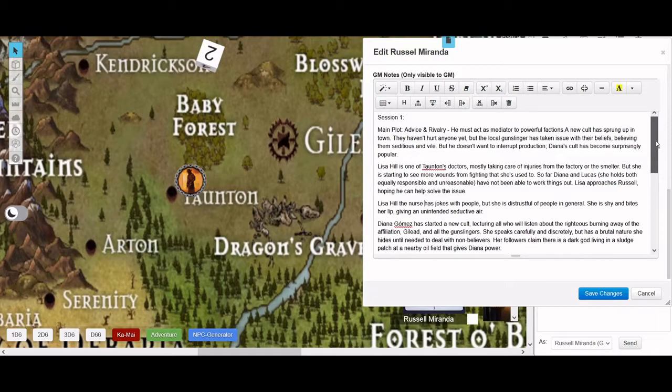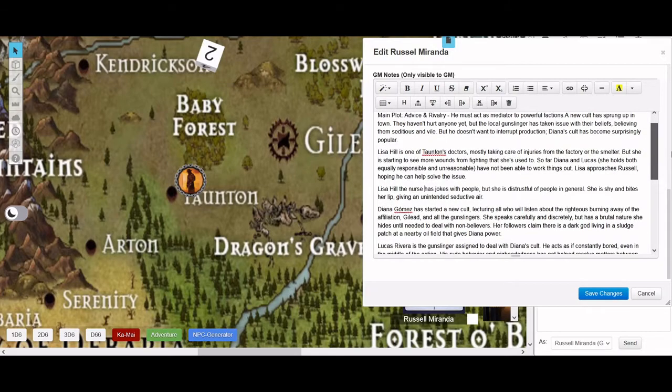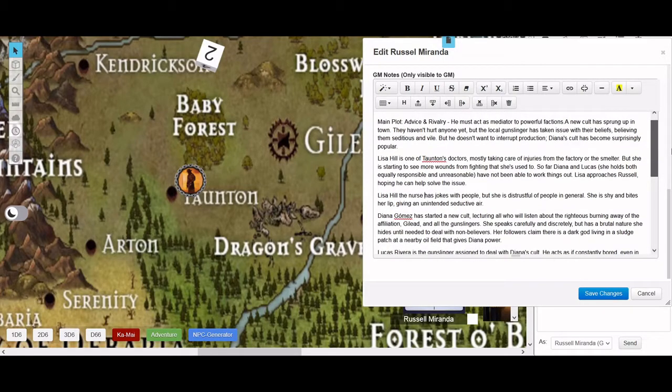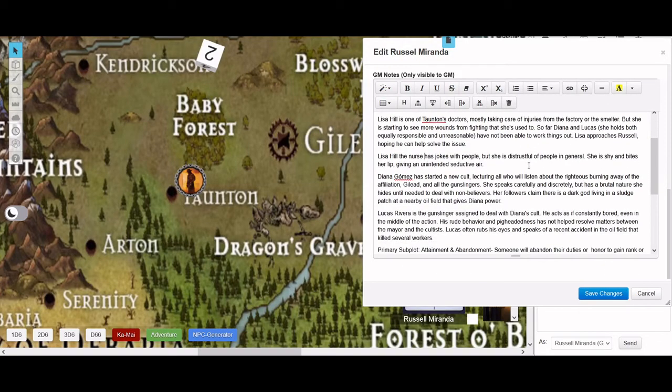That's the rivalry. And the advice is going to be from Lisa Hill, who is one of Taunton's doctors or nurse, kind of all rolled up in one. She's going to be the one to approach.